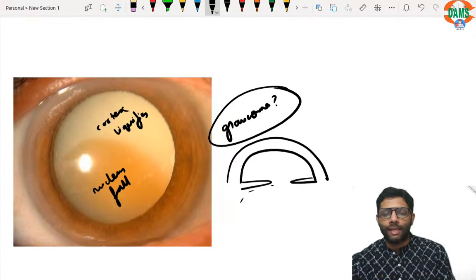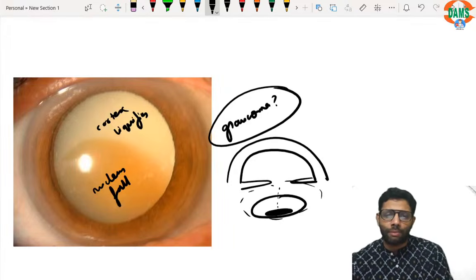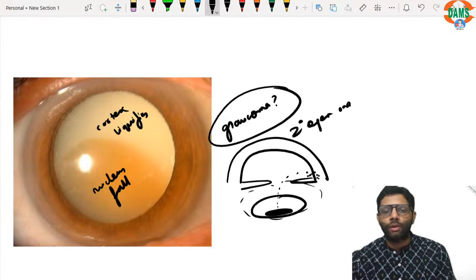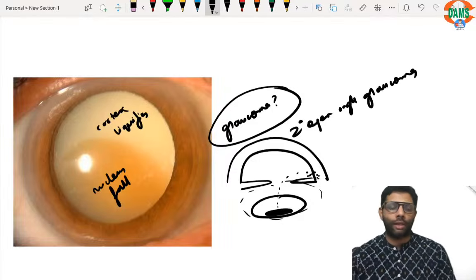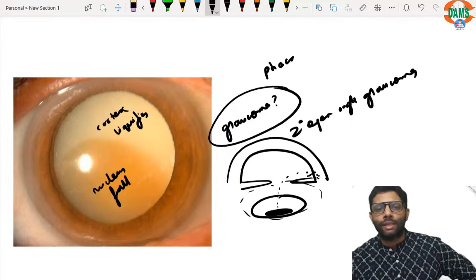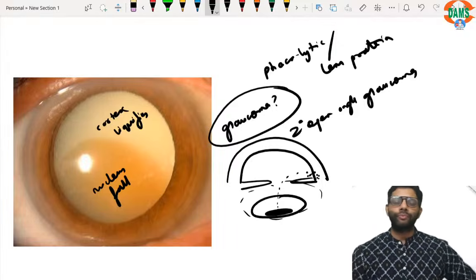The lens size is already small, shrunken, and the nucleus has fallen down. So lens protein is coming out and blocking the trabecular meshwork. So it is a secondary open angle glaucoma. When do you call it closed? When the iris blocks the angle, then it is a closed angle. So secondary open angle glaucoma, that is phaco means lens, lytic means lens is lytic, also known as lens protein glaucoma, seen in